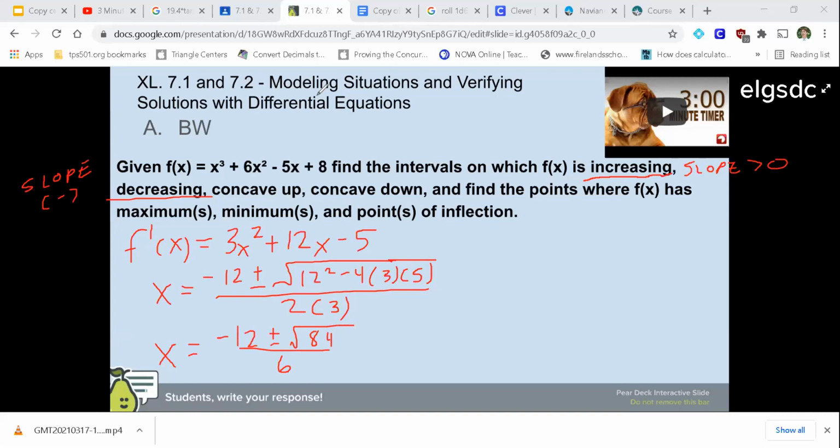What? Oh no, it is negative 5. Good catch. Yep, good catch. That's why I pay you all so much, to catch those mistakes. That's 204, which is still not a perfect square. So I think I am still going to go for the decimal. If we add those together and divide by 6,